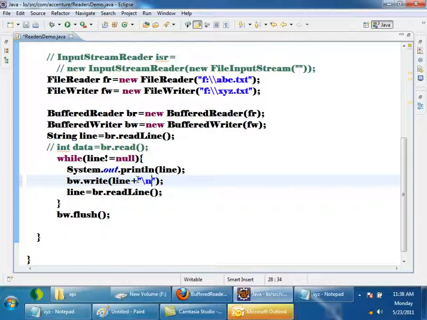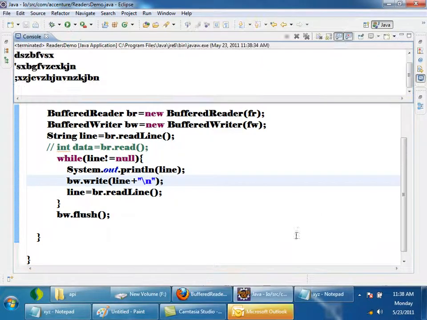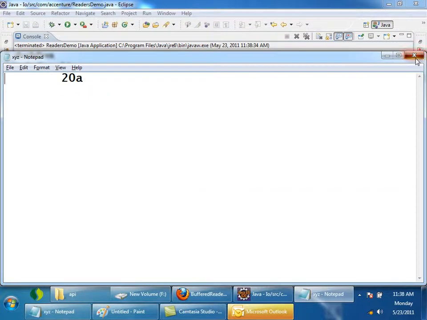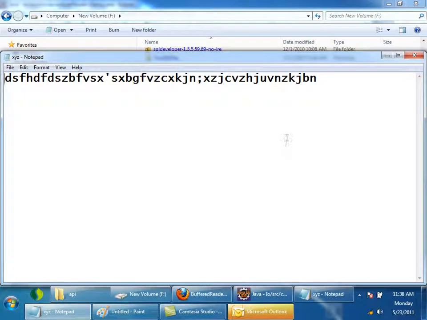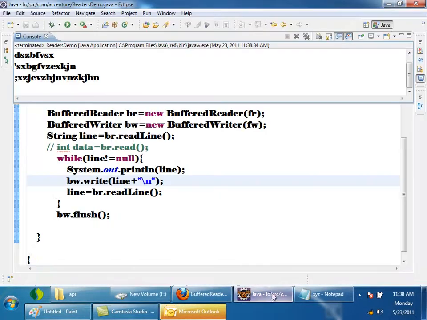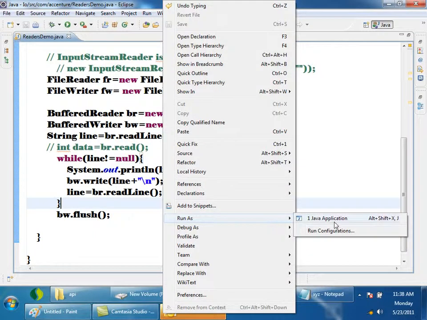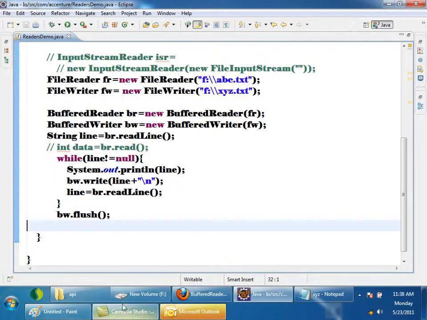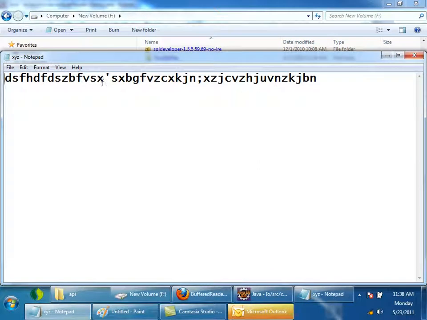Okay, let me check. If I write \n, will it work or not? Okay, I'll open it again. I'll just run it again. No? Where is the \n? The \n is not coming here.